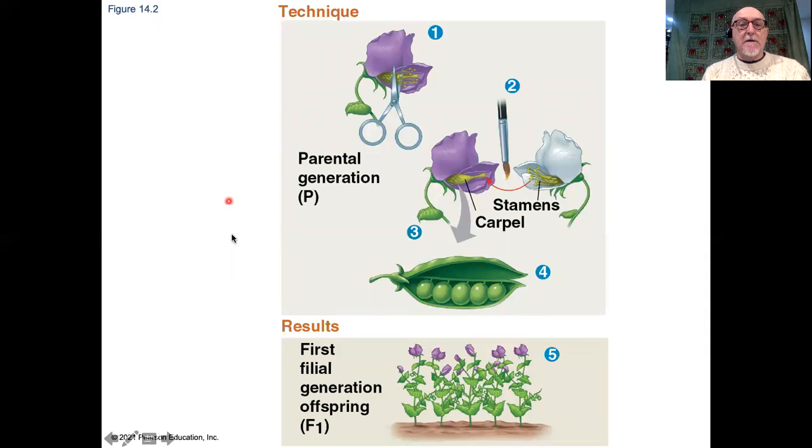So here's what he actually did. So here's also some very important terminology that we need to get clear. First of all, if he wanted to artificially pollinate, then what he would do was he would open up the flower here, and he would take pollen. He would take stamens, which are the male part, or the pollen, and he would cut them all off,